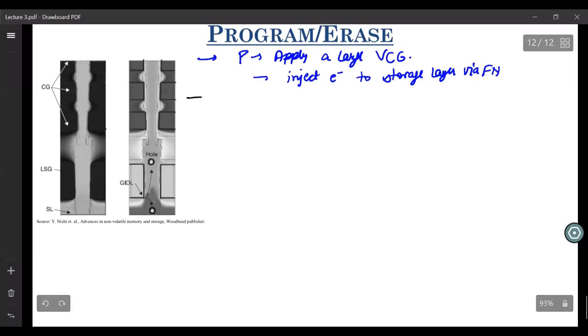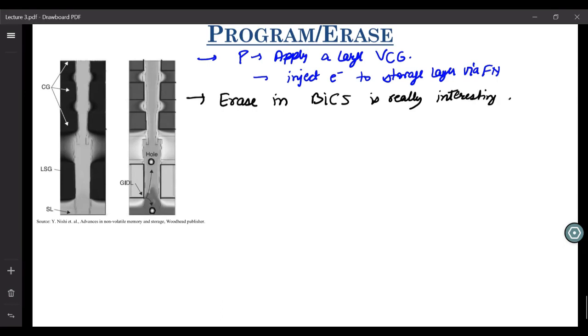Although the program mechanism is the same as that in the 2D NAND flash cells, the erase in BiCS is really interesting. Why so?